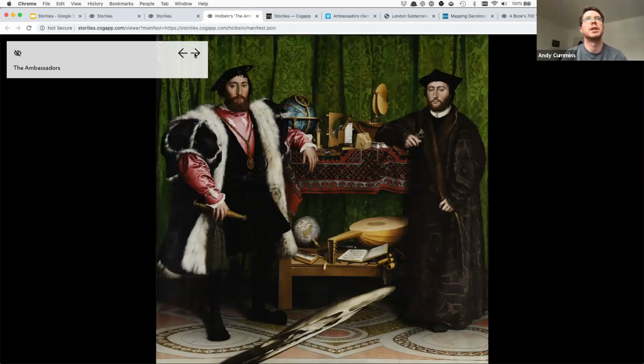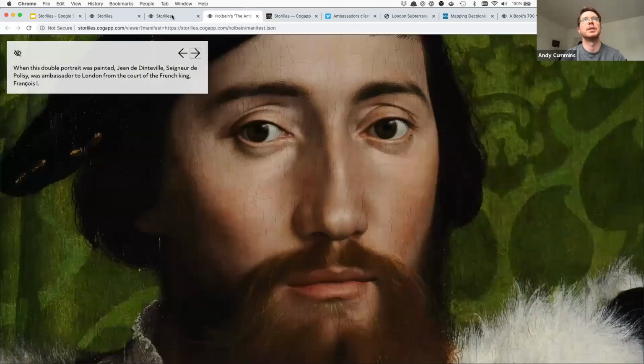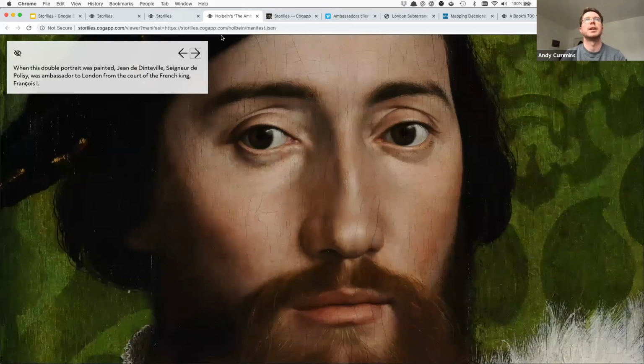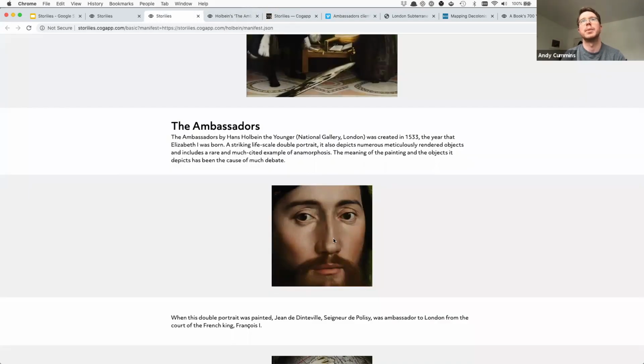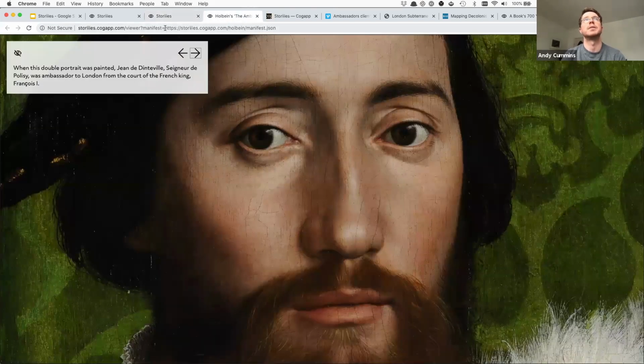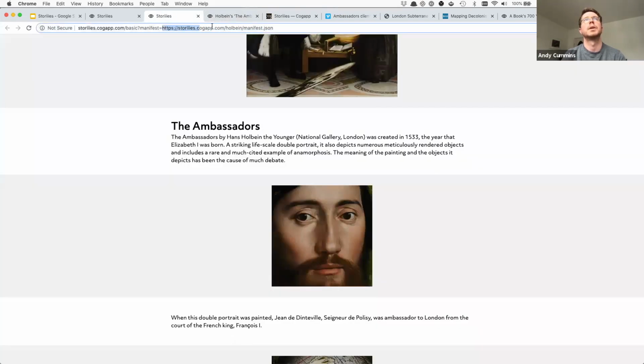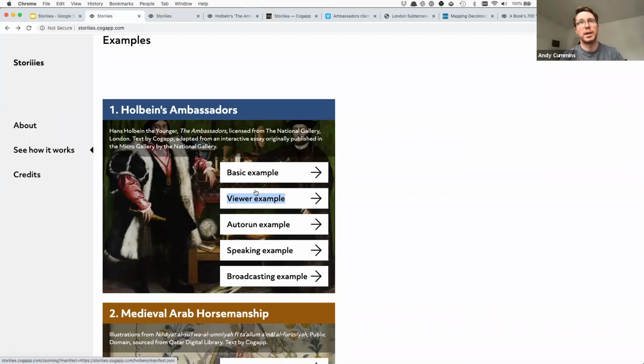So if I just skip to the next one, you'll see that this guy's eyes are in the center. It's the very same annotation. It's defined in the same way. It's actually loading the same manifest that you'll notice in the URL of both of them there. So it's using the same content to display the same story in two different ways that might be useful in two different scenarios. And there were a few others here, ones where we had the annotations being read out,